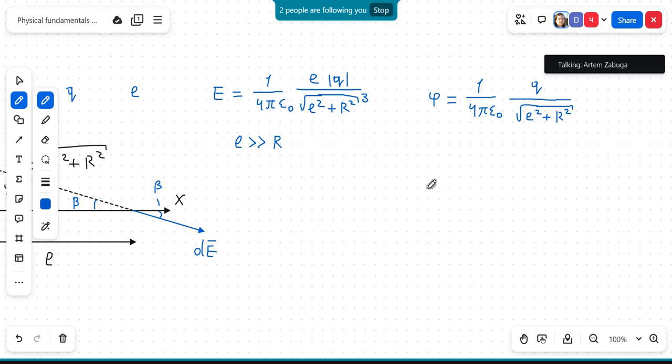We can make a conclusion that the square root of L to the power of 2 plus R to the power of 2, to the power of 3, is approximately equal to